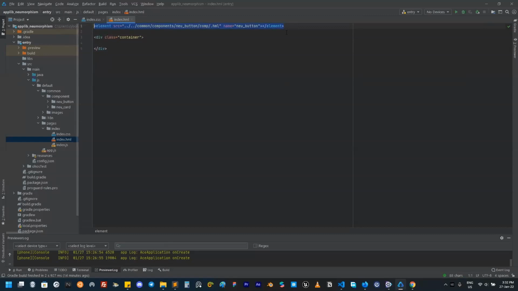Similarly we will also import the card, and give this a name as well. So after the import we can use this directly by just